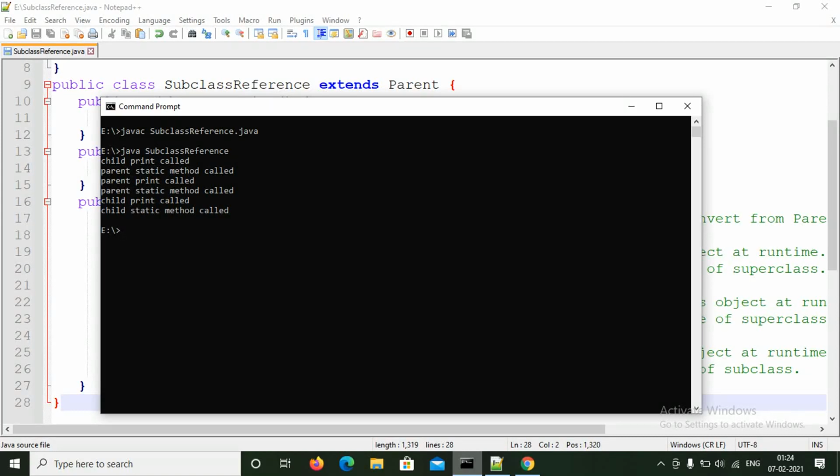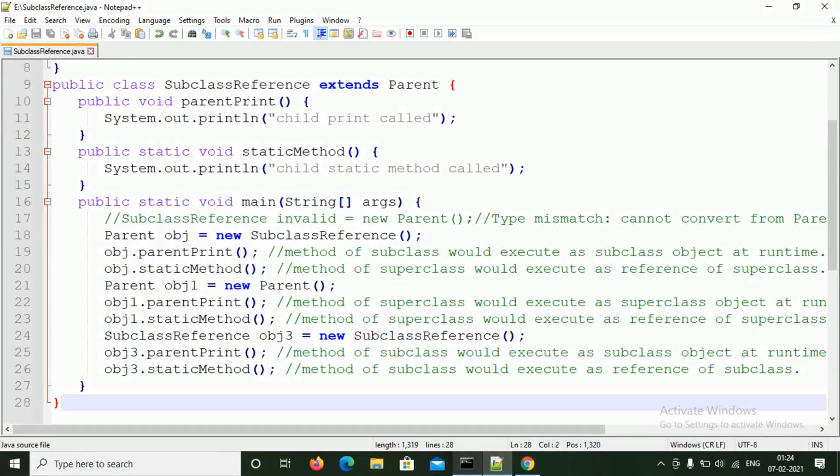So what happens is that, first of all, Parent obj equals new SubclassReference. So here we have a parent reference and an object of the child class. During compile time, it goes towards the parent and takes the parent print, which is "parent print call". When it comes to runtime, it sees that we created the object of the subclass.